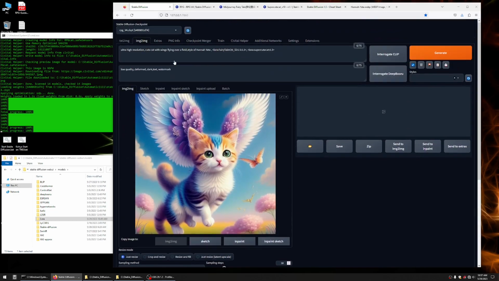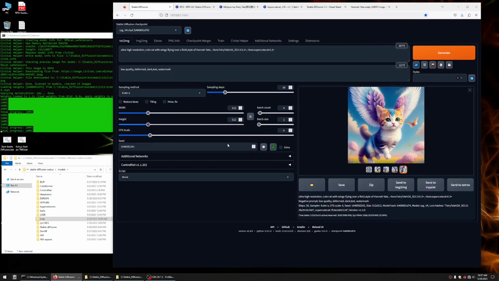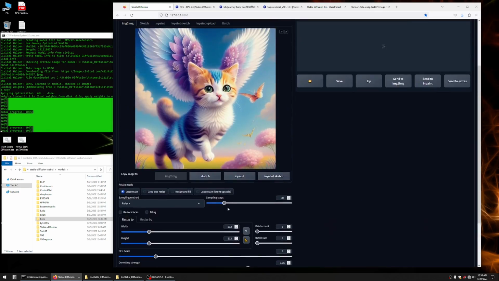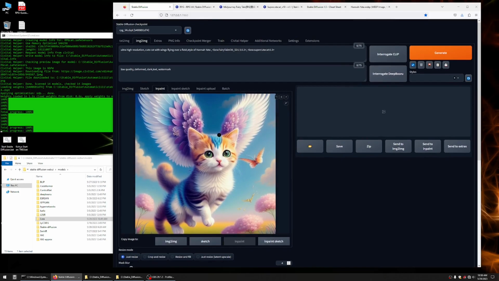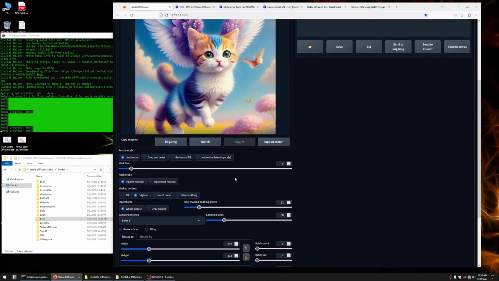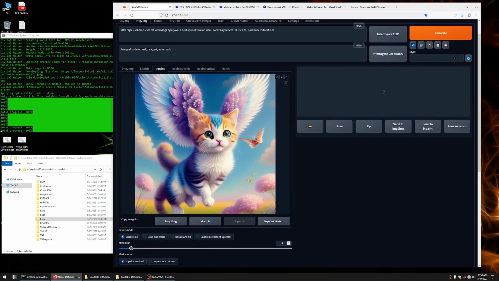It brought the seed over, it brought my positive prompt, my negative prompt. It didn't bring my CFG scale, but that's okay. We're gonna work with that. And if you want to inpaint, what's an inpaint? Inpaint is a way to fix blemishes. I probably should not get into this right now because it's a little more than a basic tutorial, but